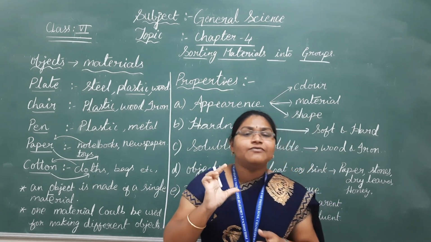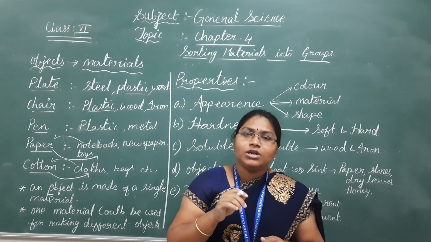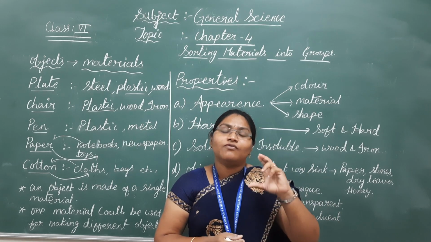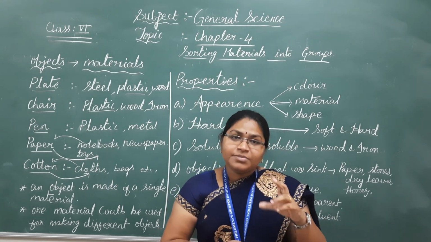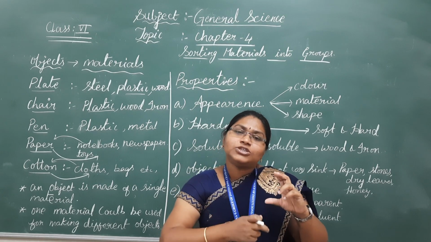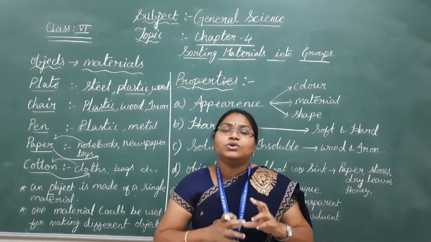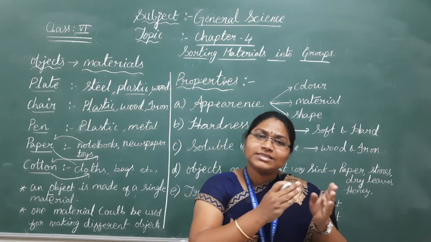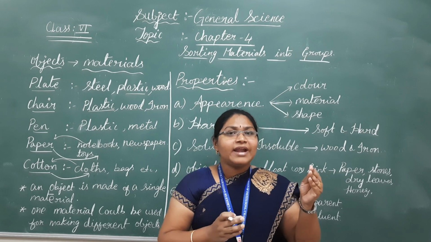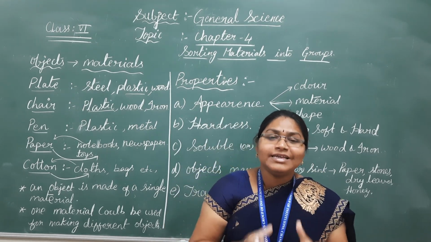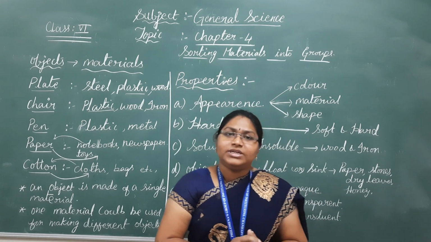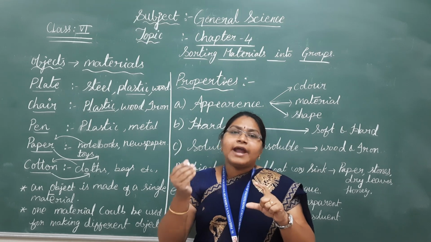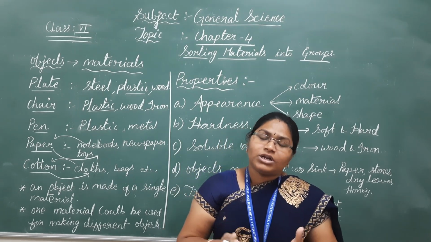Understand? Suppose you take a glass of water and add a pinch or spoon of salt and mix it well. After some time you can observe the clear solution of water which you saw before. Here the salt is completely soluble in water. That's why you get a clear salt solution. Here the solute is salt, the solvent is water. When you add solute to solvent, you get a clear solution, that is called the solubility of salt solution.